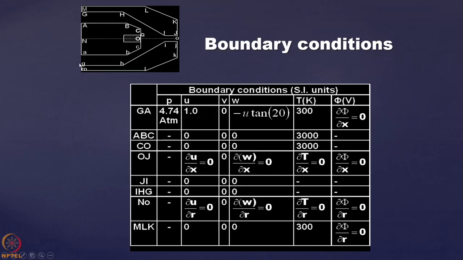Similarly, for other places like A, B, C, this is the zone. There I have put U equal to 0, V equal to 0, W equal to 0. That is something called the no slip condition. That is, whatever layer of the fluid is in contact with the wall is not moving. It is attached and stays fixed like that. Similarly, for other places we need to give the boundary conditions accordingly. In this slide I just want to tell you how to put the boundary conditions at the boundaries.